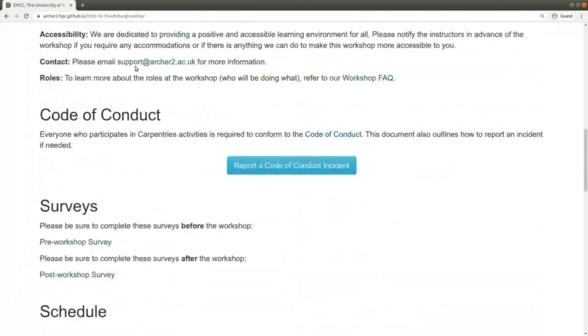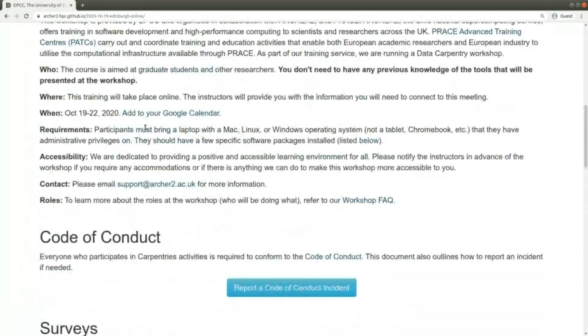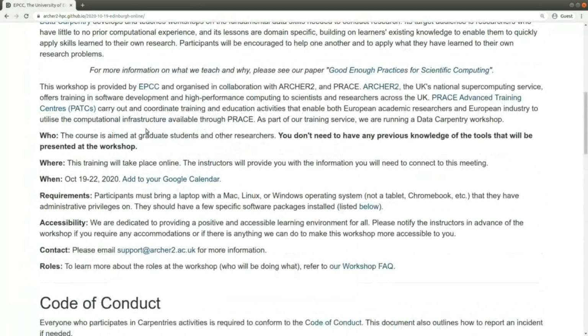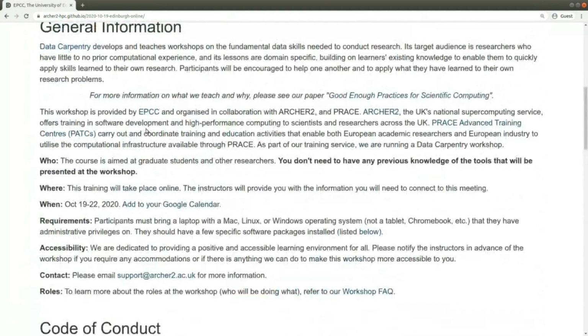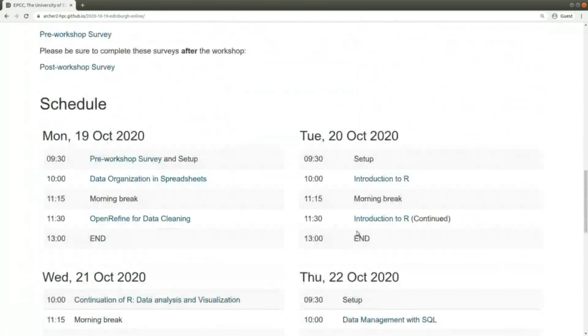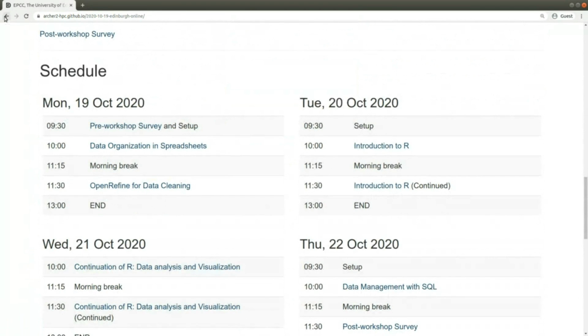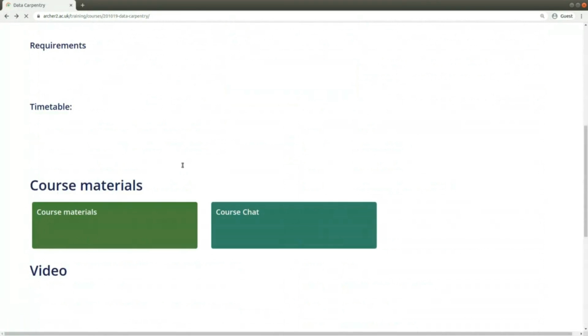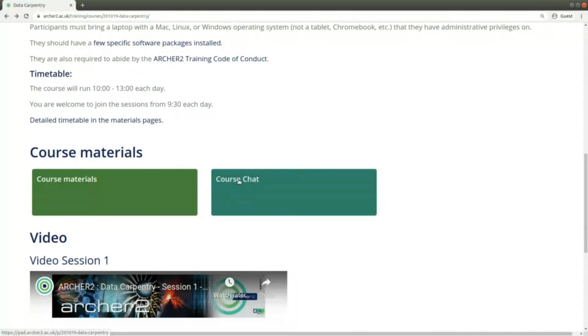Well, before I forget, because yesterday there was a question about where is the chat? If we go back, we can see the course chat. If we click on that,